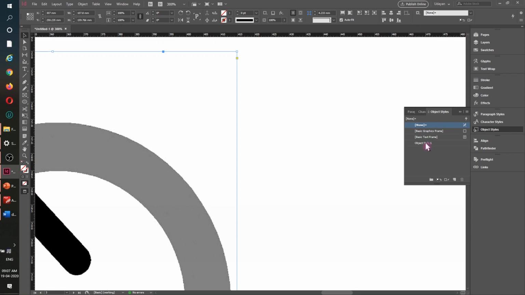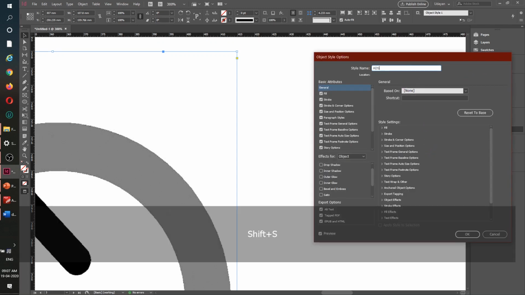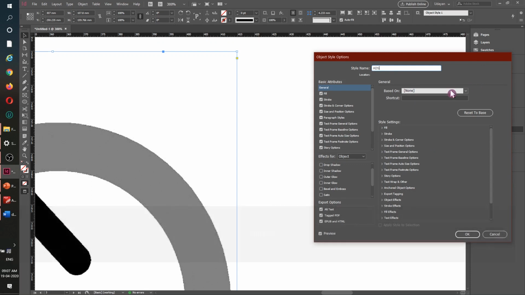In this case I will call this object style ads. So double click, and I'll call it ads. I really don't need anything, so except for the stroke I am taking out everything that is there, because we will not require anything as such.